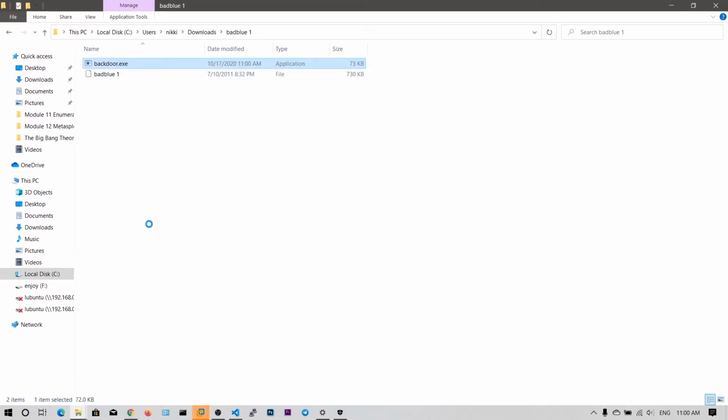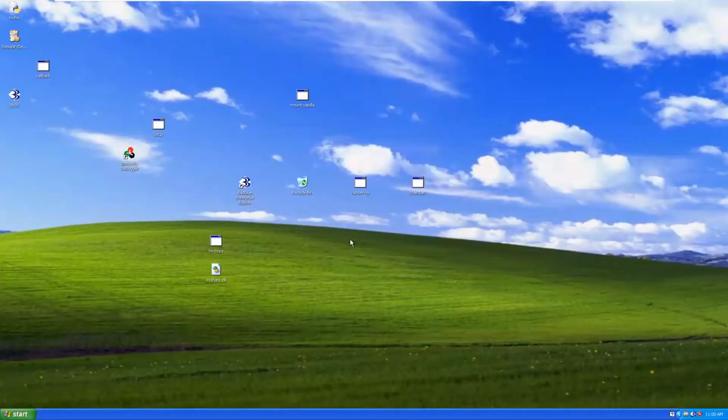So now again I'm copying it to the Windows XP machine. I have turned off Defender because it's a basic reverse shell payload, and it would be easily identified by Defender. So this is my backdoor.